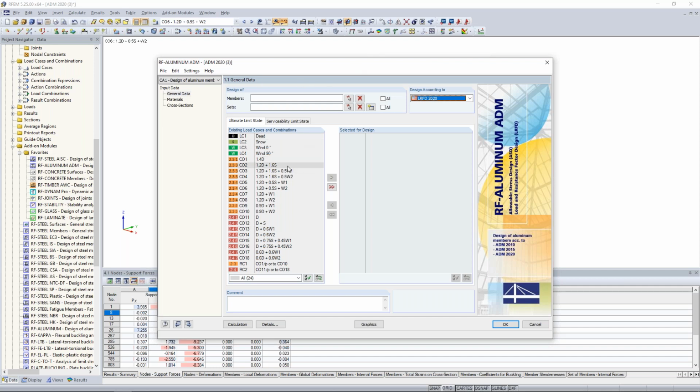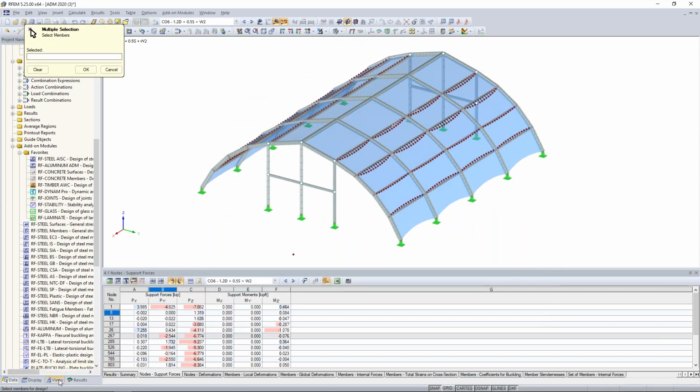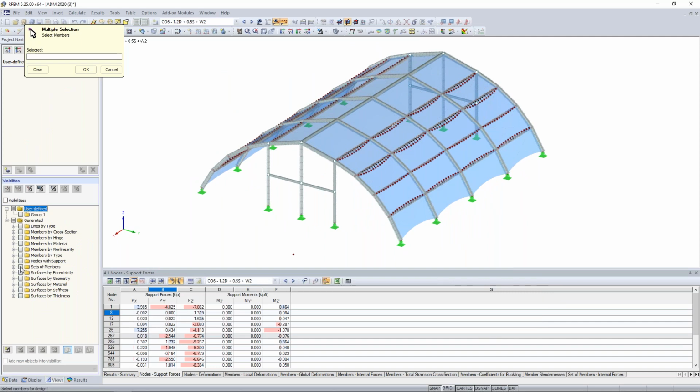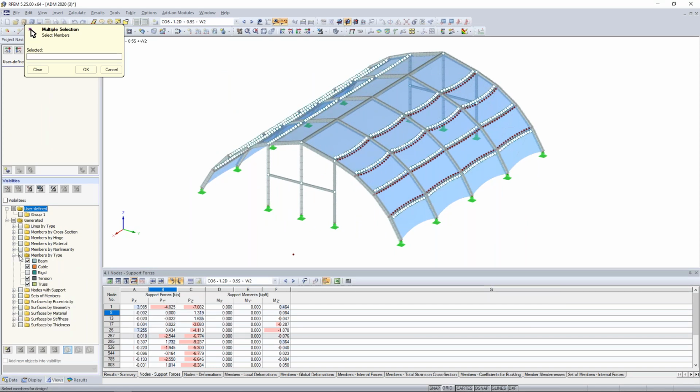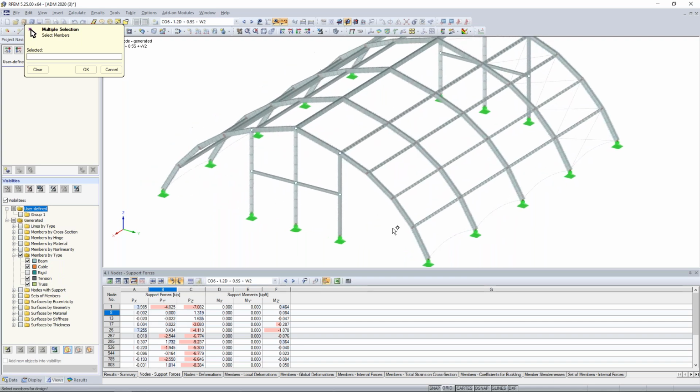of our input here for our member design. The first thing I want to do is select the members that I'm interested to design. So under my views tab, let me view here just the members by type. And we're going to select everything except for those rigid elements. We'll go ahead and hide those. So for example purposes, I'm only going to design these 5 members here, just a short list on the right-hand